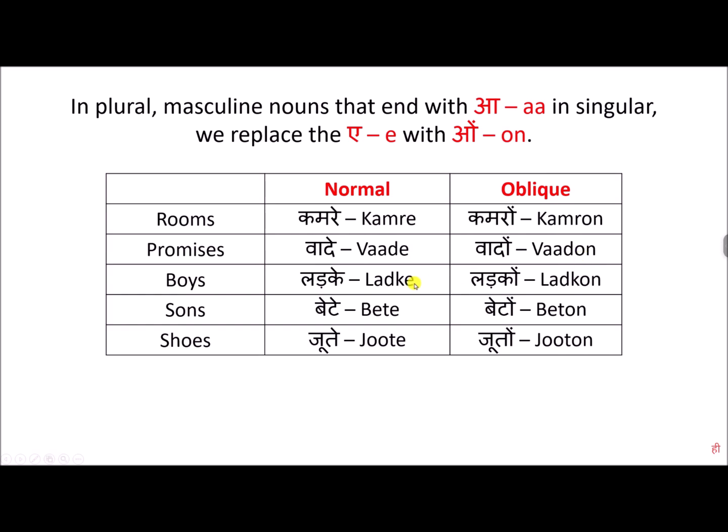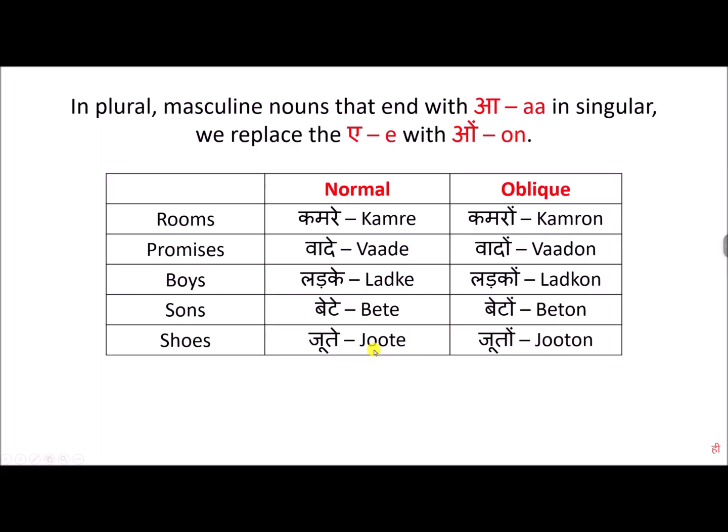Same way, ladke becomes ladkon, bete becomes beton, jute becomes juton. Okay, so these are the oblique forms of